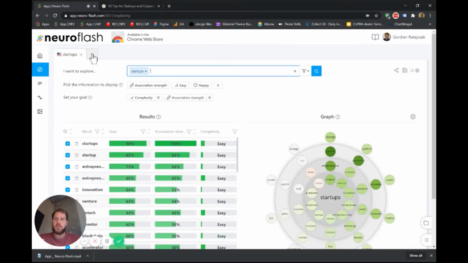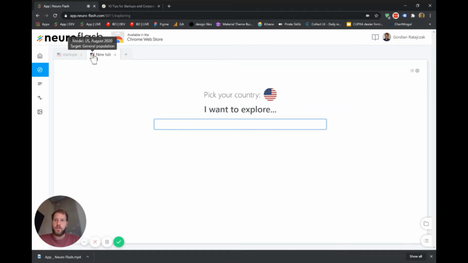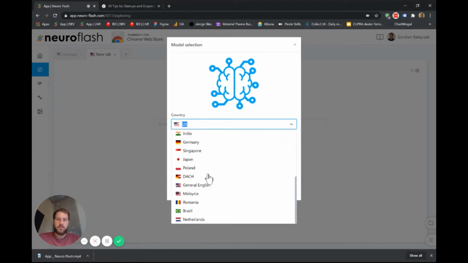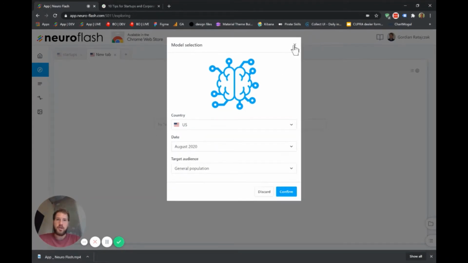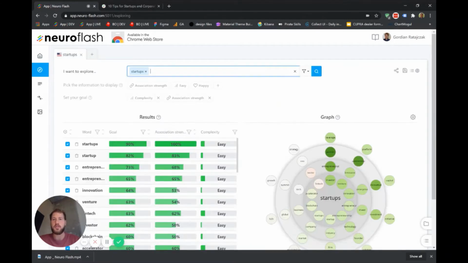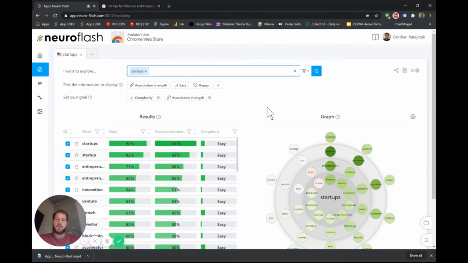As you noted before, I can show you that in a second, you have to define the language that you want to search in. So here again, you have the search screen, and you have to pick your country first. I've done that previously, so for me, the US is already selected, but you can select the country right here in this module and select the language and the country that you want to search in. Very important, because startups have a different association, for example, in the US than in the UK or in Germany for that matter. So here in the US, I type in startups and I get the results.